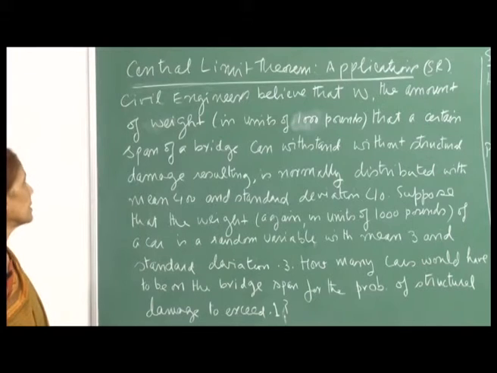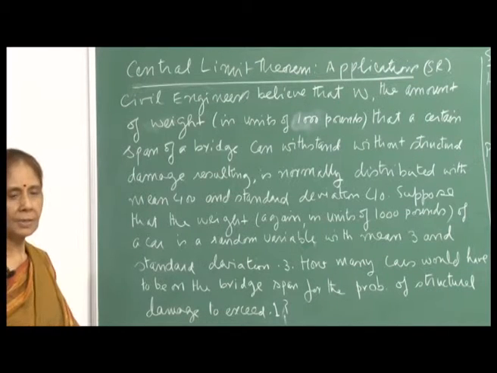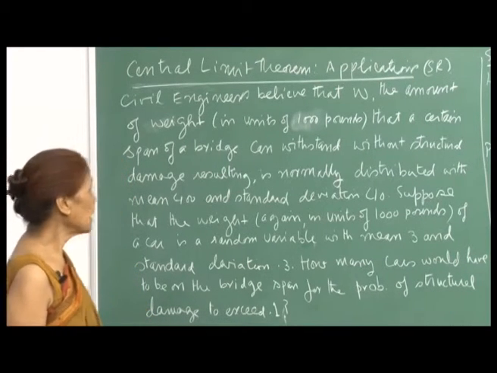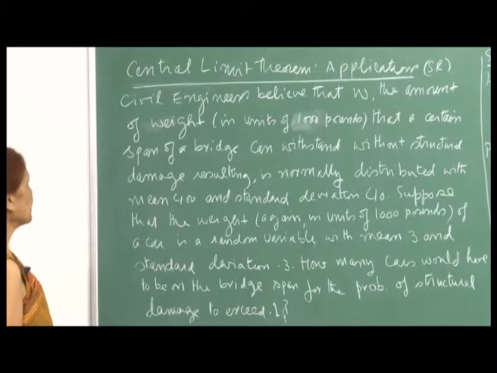I will continue with the central limit theorem and its applications. This example I have taken from Sheldon Ross's book on probability theory. The idea here is that civil engineers believe that W, the amount of weight in units of 1000 pounds